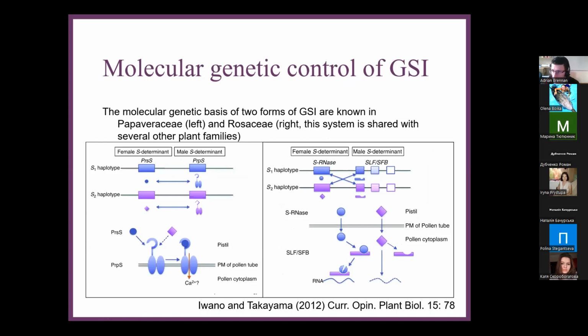So self-incompatibility has evolved independently multiple times, and as we've just been describing, the thing that is shared is that they all have this supergene system with male and female expressed genes, and the male S alleles can either be expressed at the sporophytic or at the gametophytic stage. Gametophytic systems are fairly common, and there are multiple different kinds. So here are two of the more common kinds.